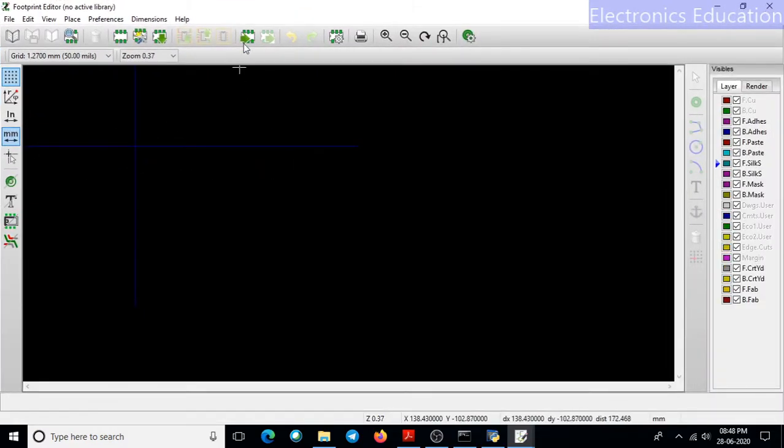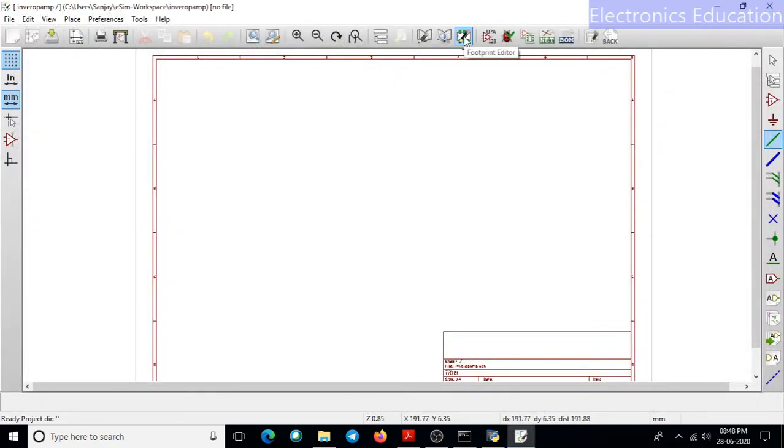So before that, we have to choose the desired footprints for the components. We will do it in another video. Then we have annotation. For the circuit, if you want to give different names to the components automatically, this particular button will help us. Using this button we can check electrical rules, so whether the connections made are correct or not. The system can also detect errors in the connections, and they can be displayed with the help of this button.